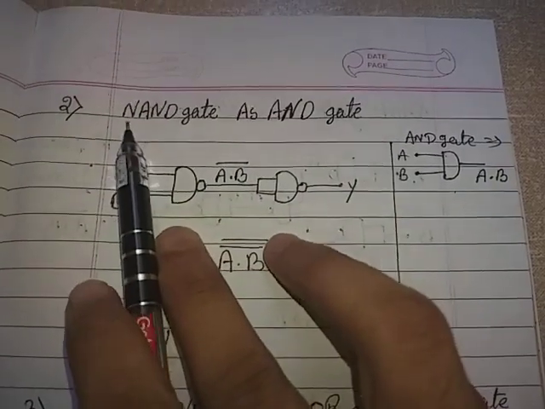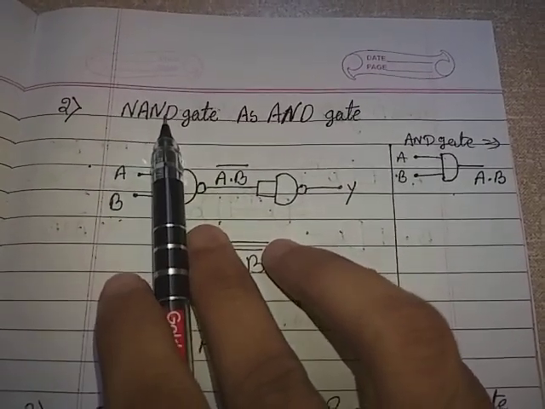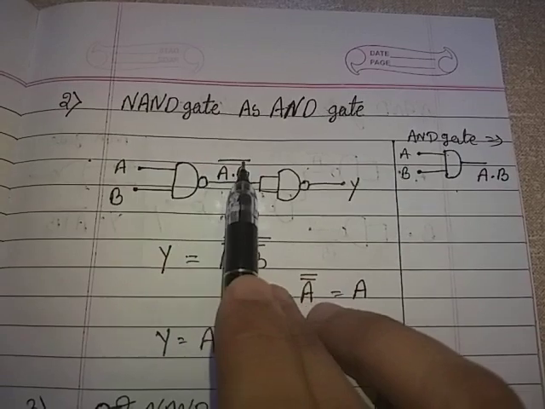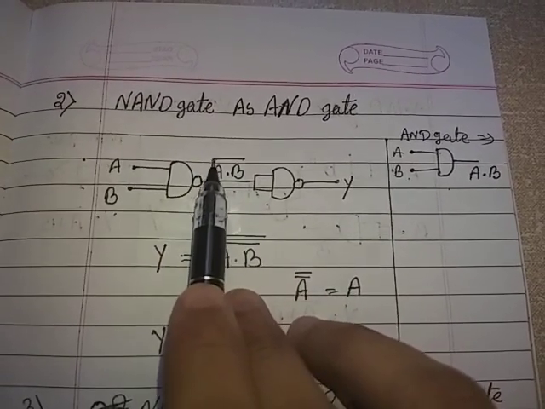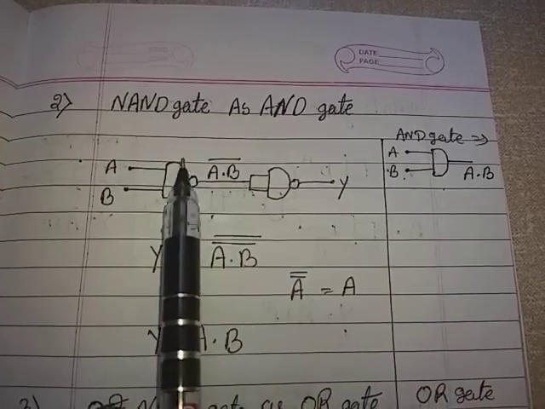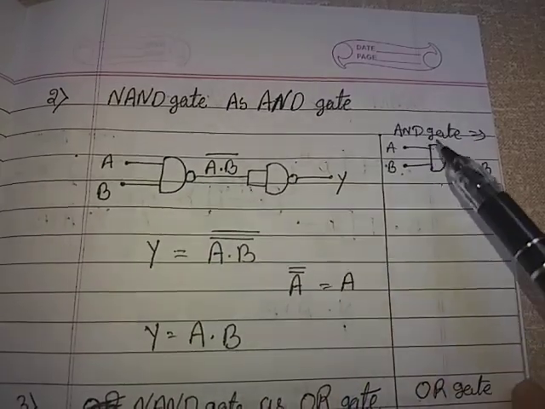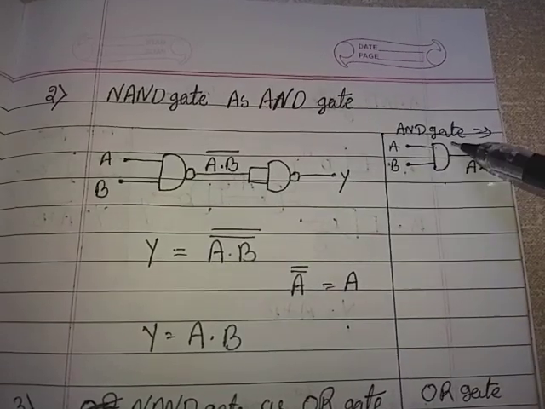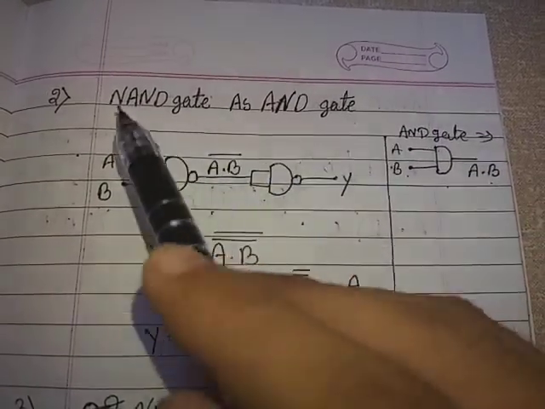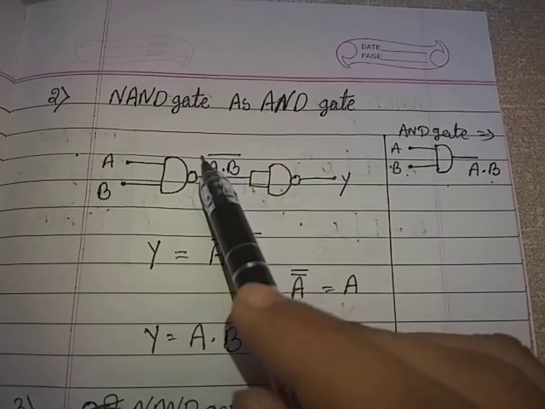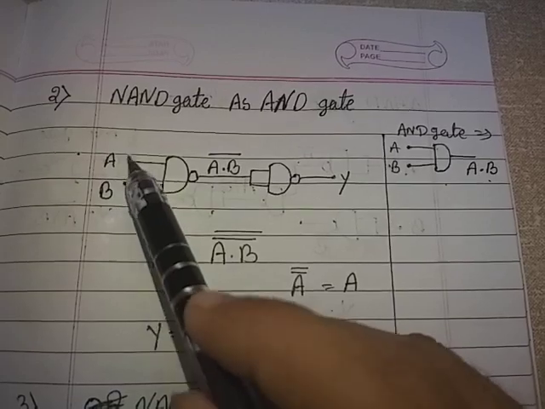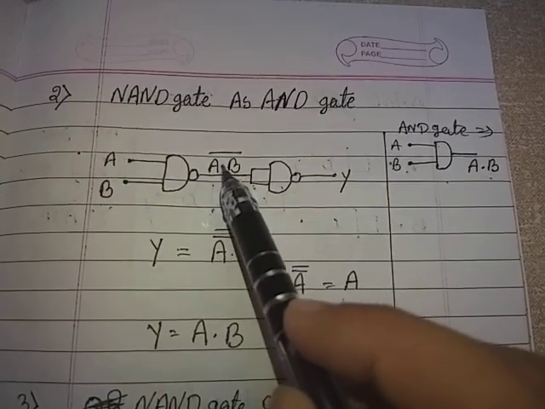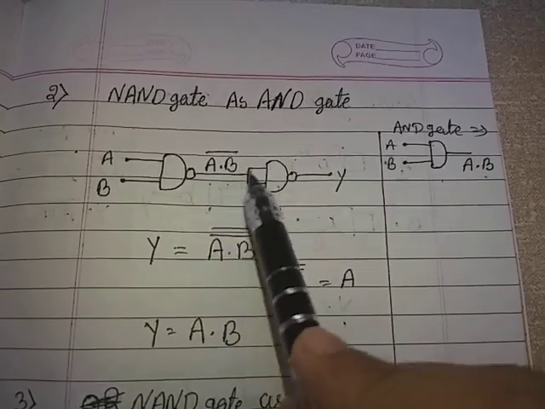As we know that NAND is NOT of AND, so we have to remove this complement, and this complement is removed by the double negation rule. Double complement of any input is equal to the input. So as we know that output of AND gate is A dot B and output of NAND gate is A dot B to the whole bar, we have to remove this complement. So what we do, we give two inputs A, B to NAND gate, output is A dot B to the whole bar, and this passes through a NOT gate. This is a NOT gate.